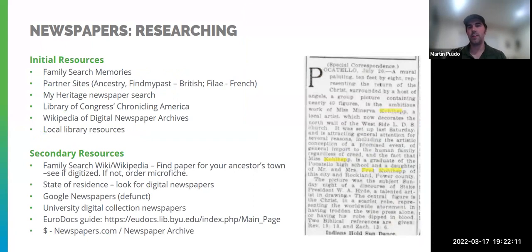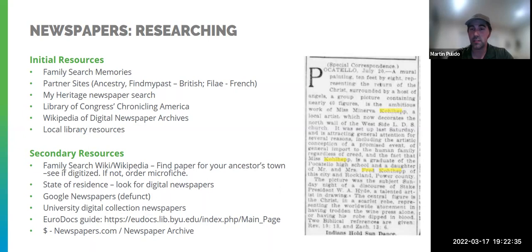So there's a lot of great resources here. I always recommend looking at what is already there. So don't try to reinvent the wheel. Go on Family Search, see what people have already noted in memories for a particular ancestor. And they're already going to have often newspaper clippings that are within them. Take advantage of those, read them, write the information that you gleaned from them.